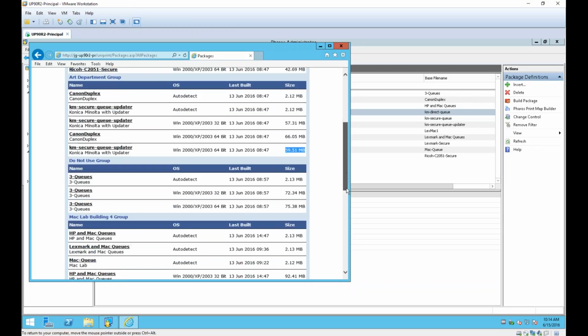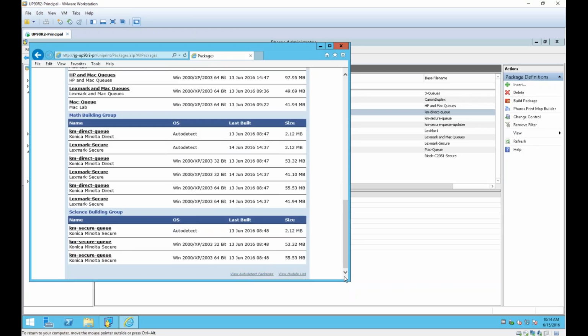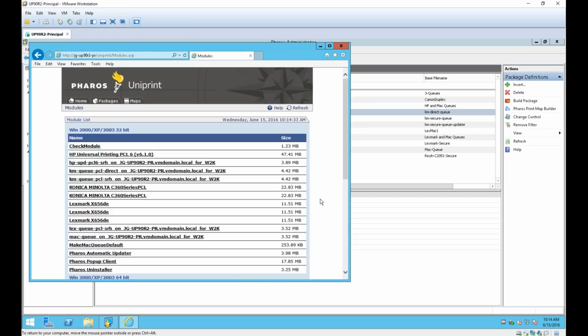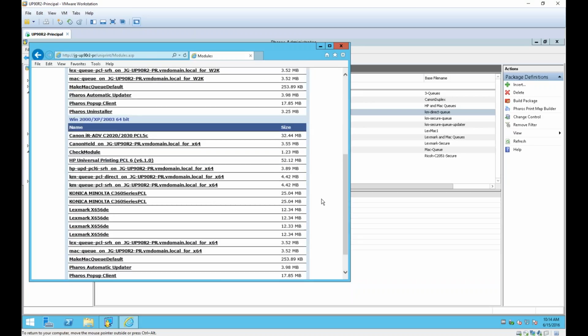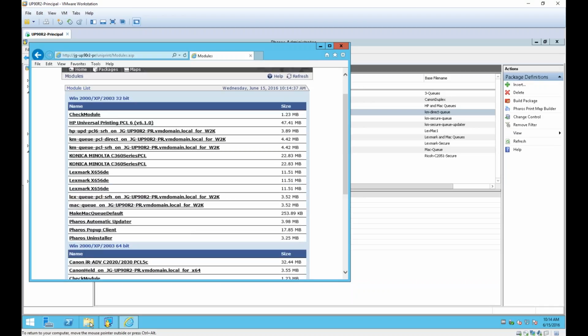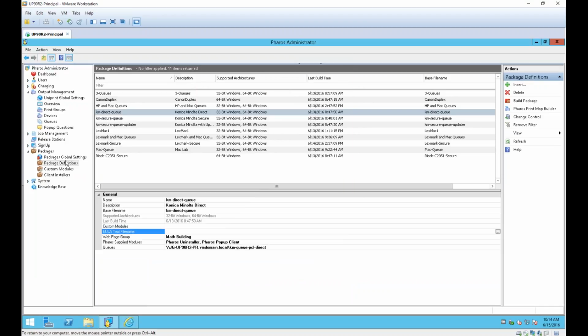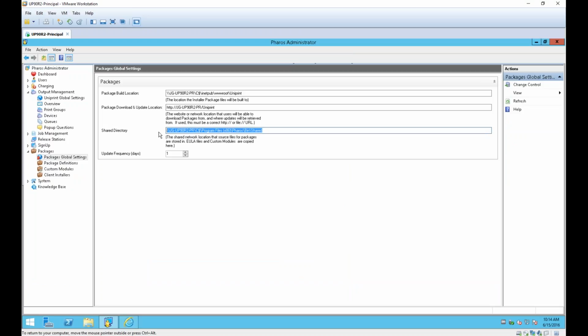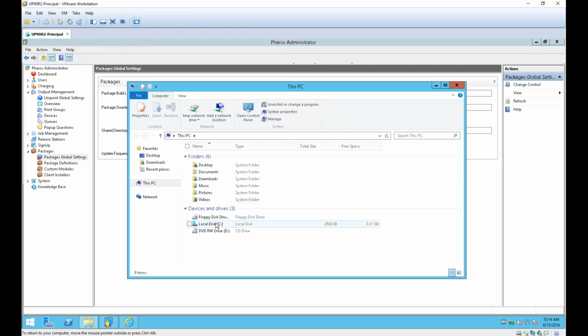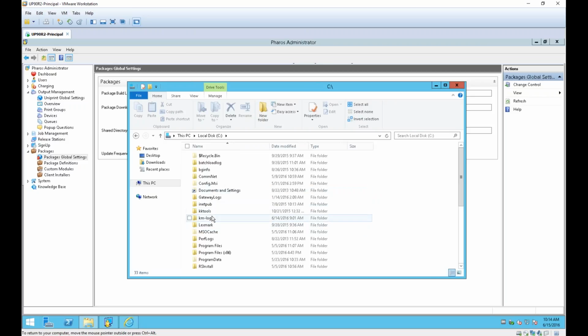You can go one step further at the very bottom of the Uniprint website while we're looking at it. It's called View Module List. If we click on the View Module List, all you see is a list of all of the modules, and I'll show you where these are located. All of our modules are going to be located where our shared package build location is located. So that's the C$ share, inetpub wwwroot Uniprint. So if I navigate out to that directory,